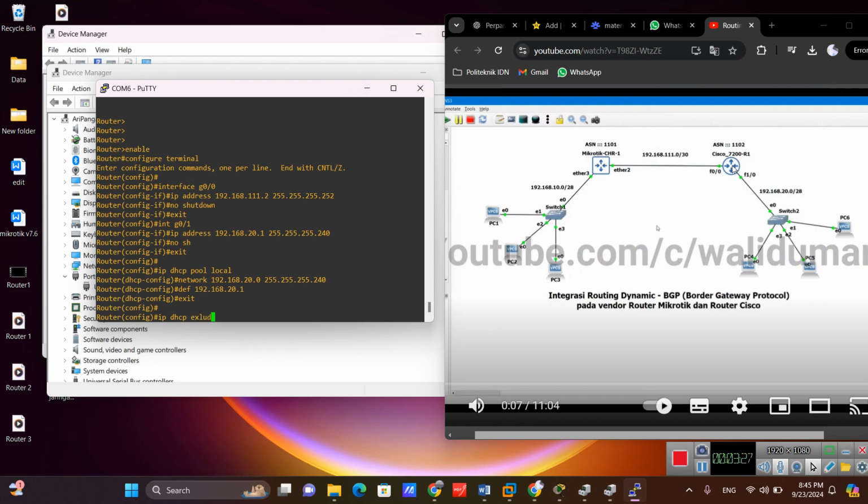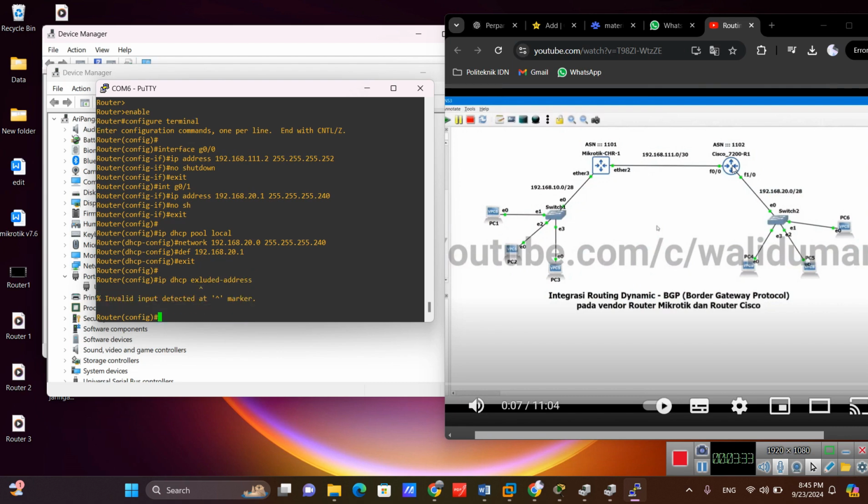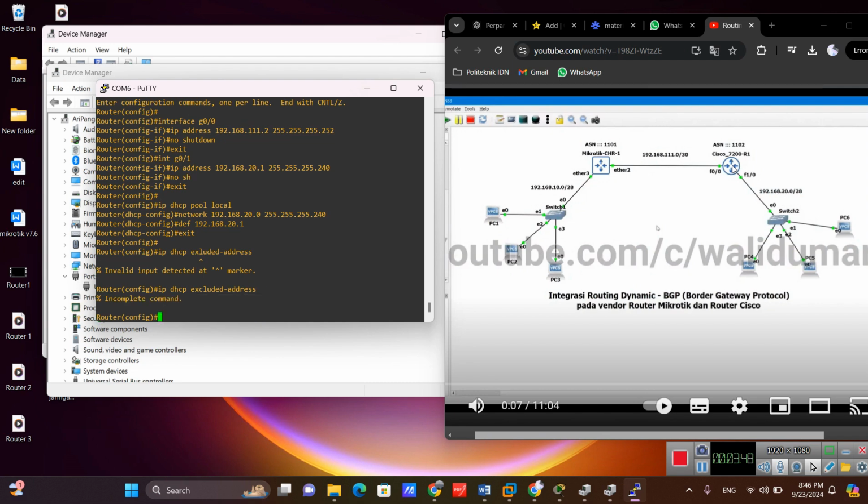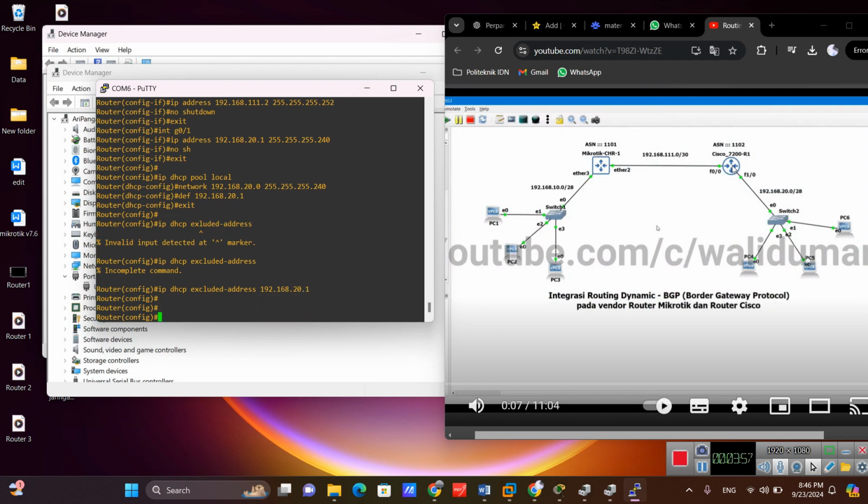This is IP DHCP local for switch, and we can enter the IP DHCP excluded address, and enter the IP from interface G0/1 and router BGP, because I wanted to make routing dynamic BGP.